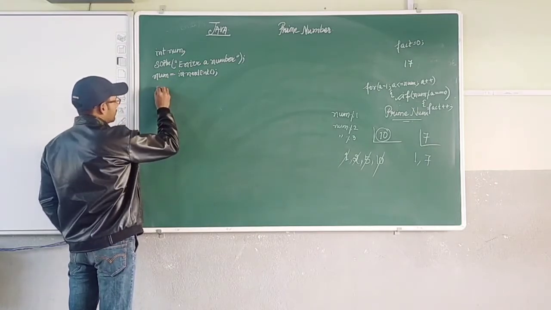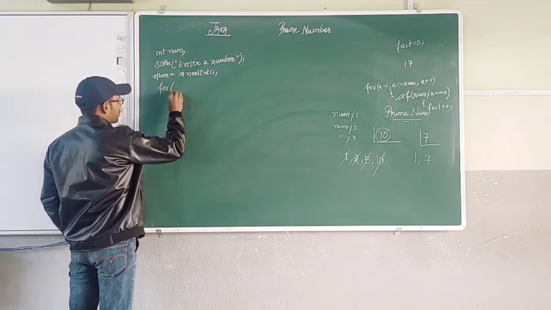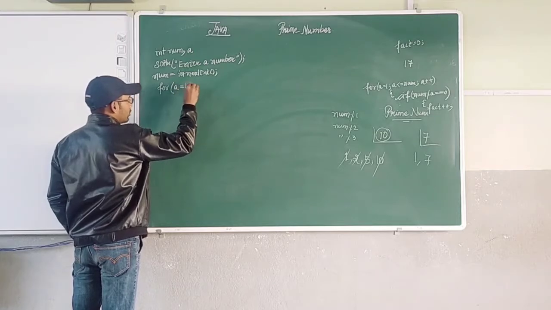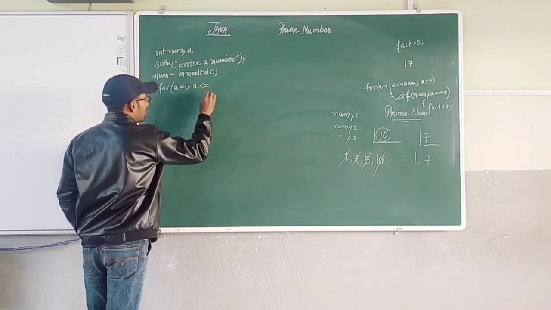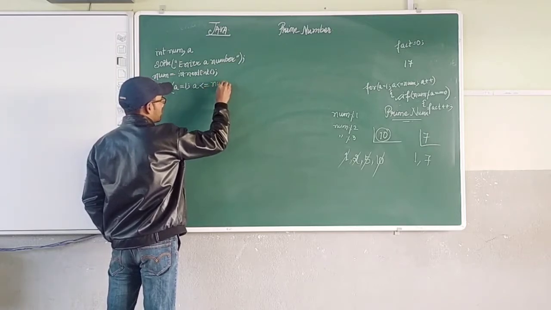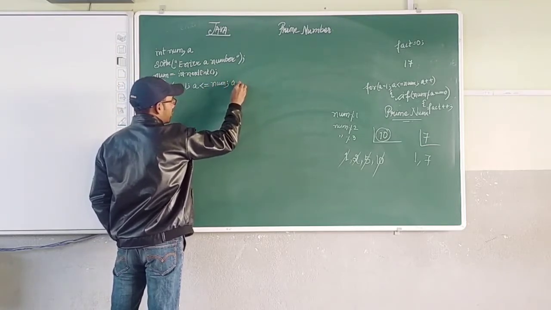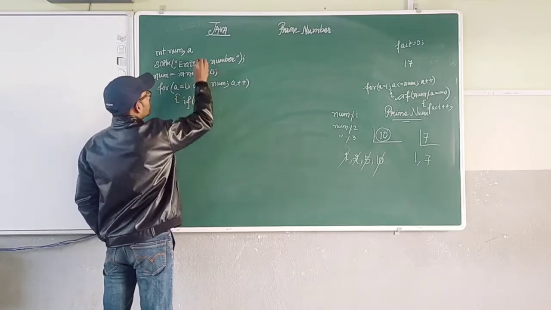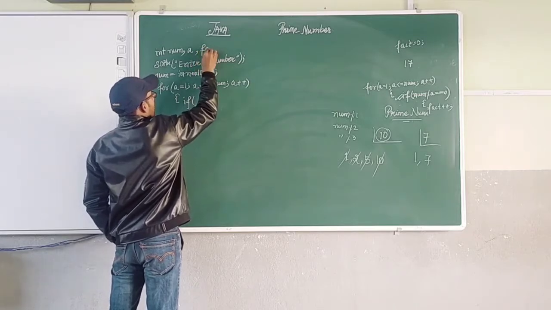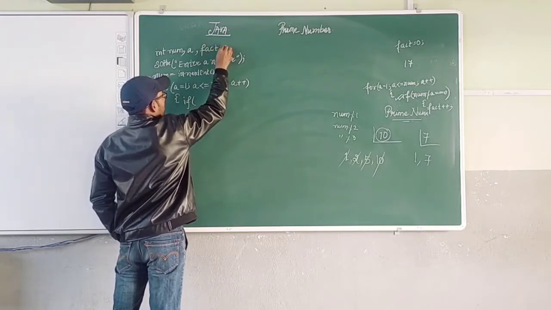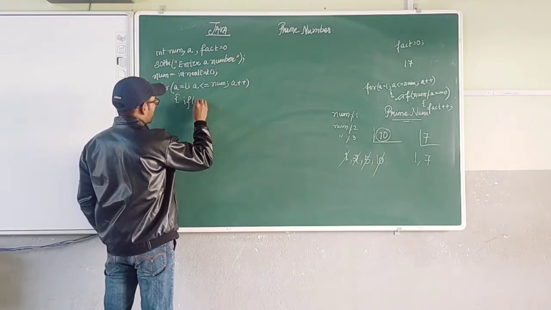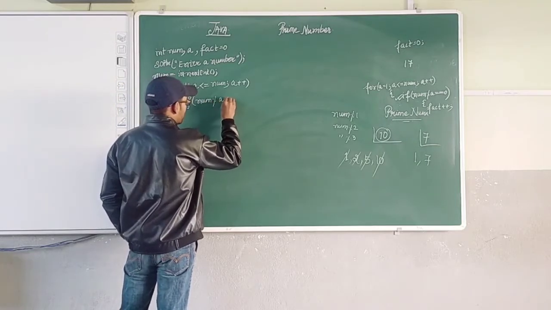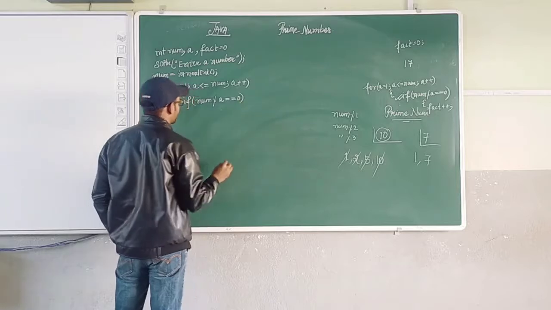Okay. So num is equal to the value inserted in num. Now for a is equal to 1, a must be less than or equal to num, a plus plus. Now if num modulus a is equal to 0, then